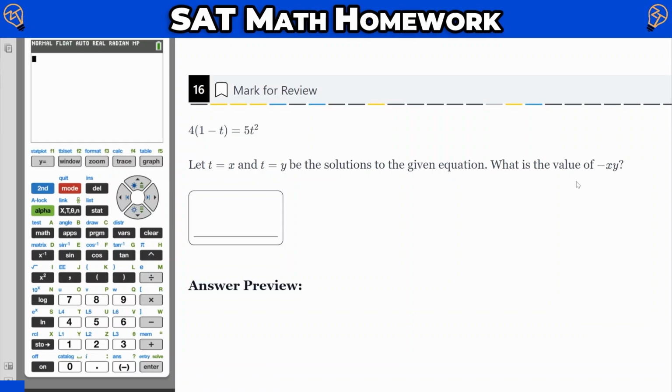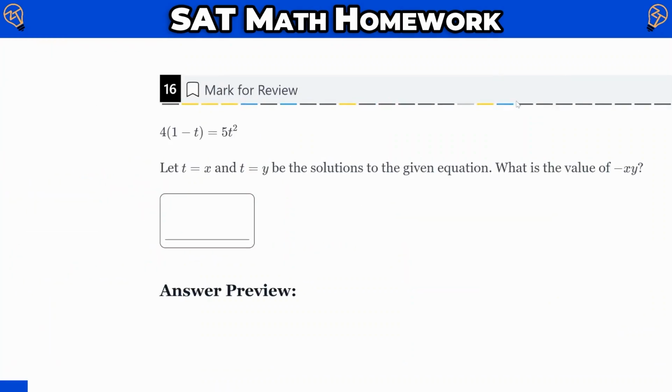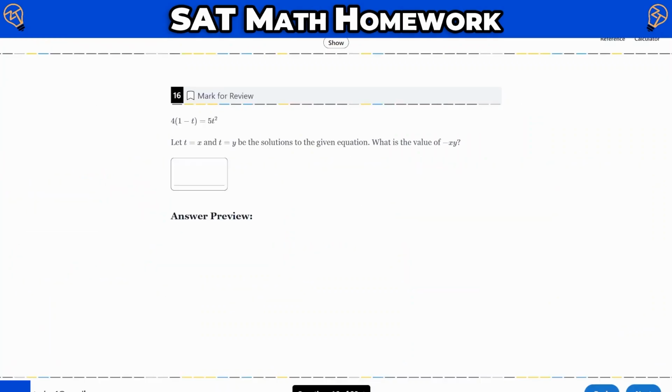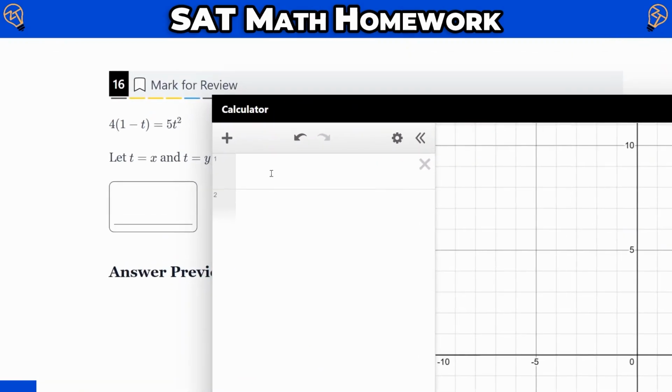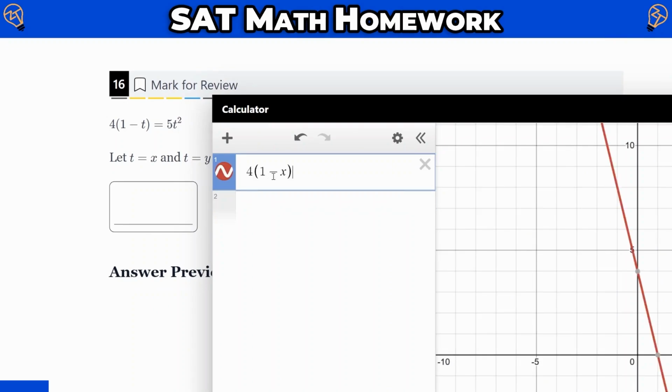To me, the easiest way is going to be using Desmos. So let's go ahead and do so. We'll go to the upper right corner here, click on the calculator, and there are a couple of approaches of what you could do here. So I'll show you both just so you understand what's going on and you can pick what makes more sense to you. First, I'm going to just type it in the exact way that I see it,